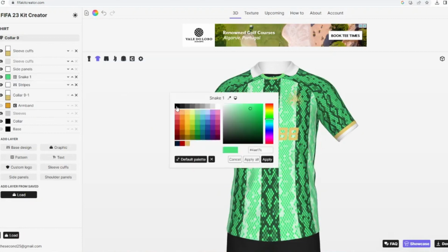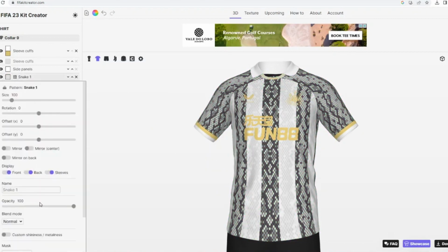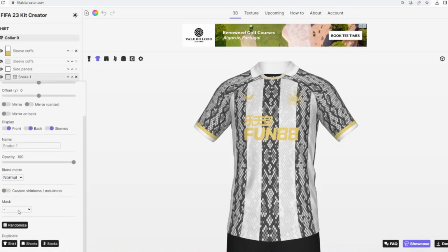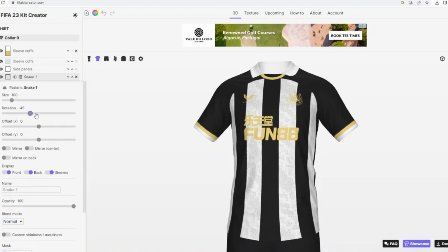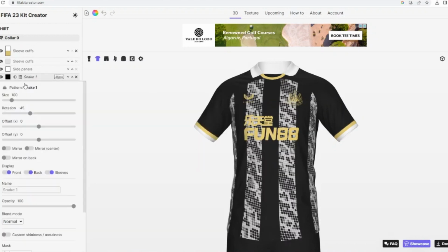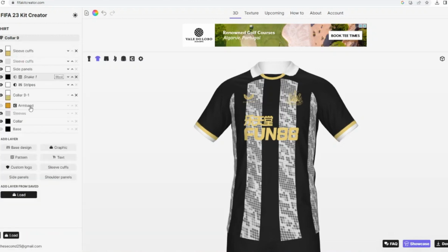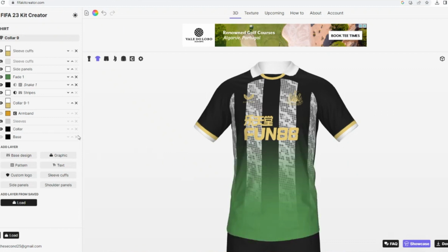And well, I personally really like the snake bit of it, like the snake leather. Is it snake leather? I'm gonna call it snake leather. So the snake leather that's used, I mean the look that it has, so I decided to keep using it in this little shirt. And even though right now it doesn't really hit the feels, it's going to be a lot better than what it is right now, because of course we had to add the fade,